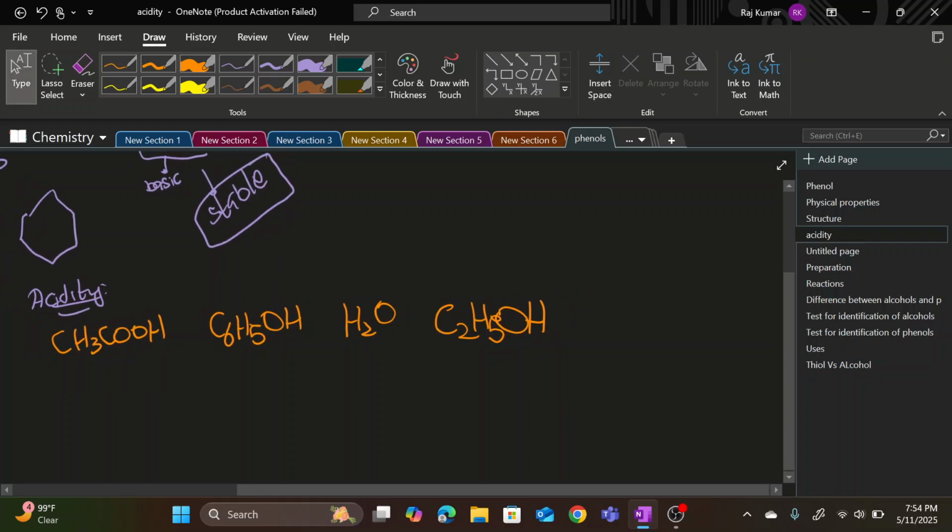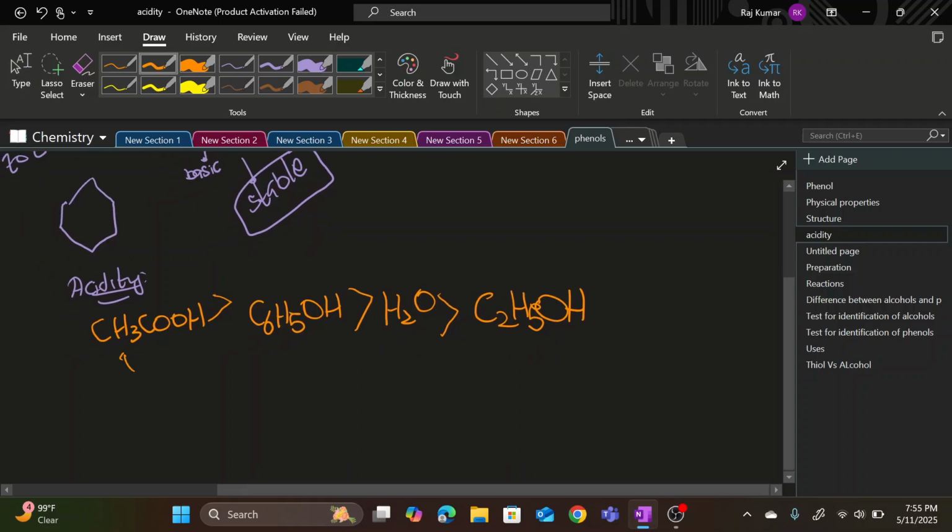So if I'm going to compare them, the acidity would be greatest in the carboxylic acid, and then it would be the phenol, which would have the second most acidity, then water, which has third most acidity, and then alcohol, which is the least acidic. The pKa value of acetic acid is 5. For phenol, it is 10. It is also the same for thiol groups. We are going to discuss thiol groups at the end as well. And pKa for alcohols is somewhere around 16 to 20. So